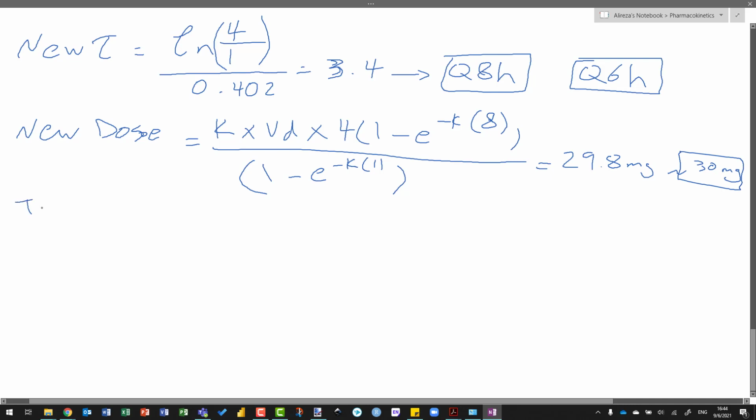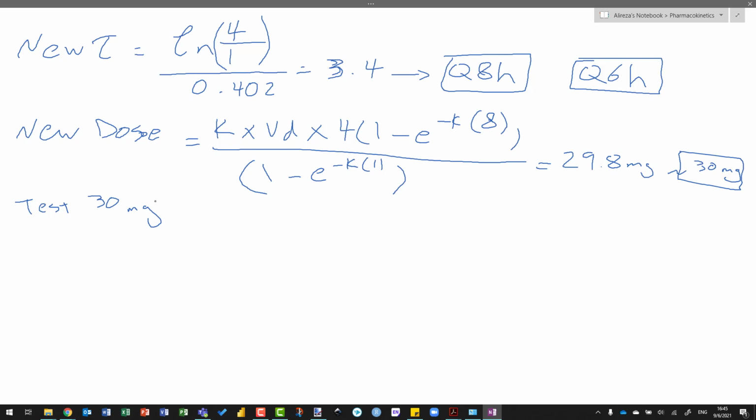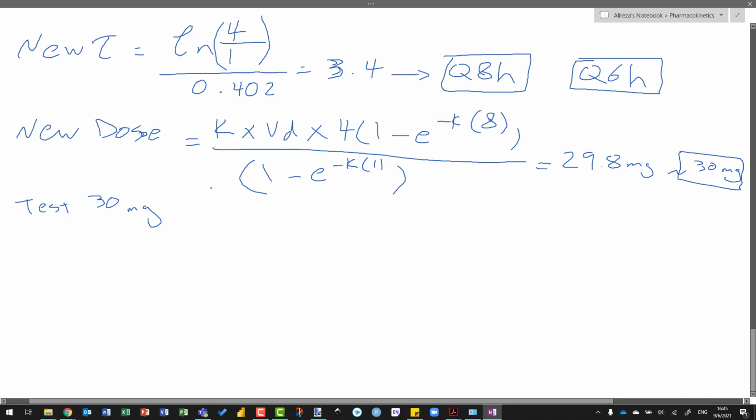Now let's test. We're going to see if it works. So let's test 30 milligram every 8 hours over 1 hour. Okay, so our predicted peak